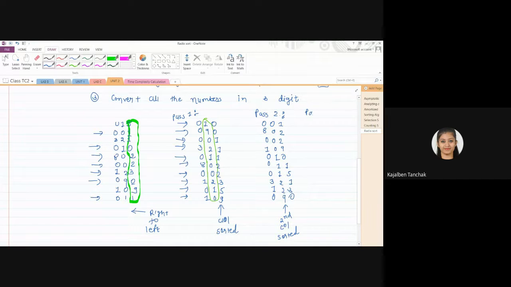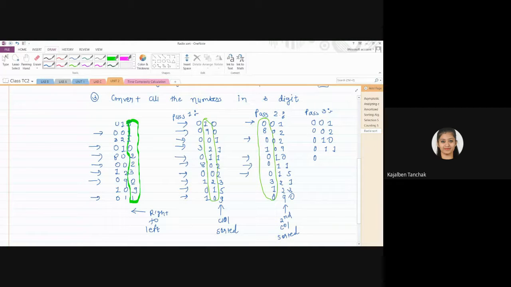Now let's take pass 3. In pass 3, what you have to do is sort the last column. Okay, now sort it. First, this will come, 0, 0, 0, 1. Then this one will come, 0, 0, 2. Then this here 0, 1, 0. Then this one 0, 1, 1.